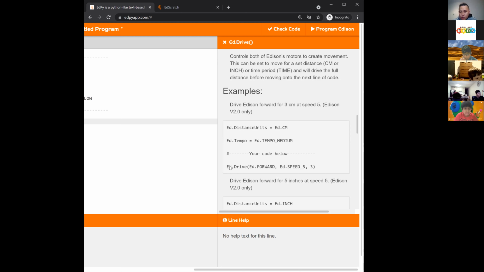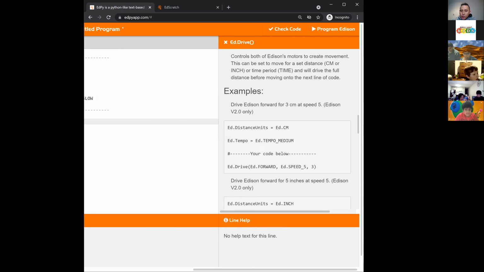What we'll do is we set EdDrive. We can make it drive forward at a speed of 5 for 3 centimeters and so on. So I'm just going to show you how to do it in EdPy, and I'll show you what the equivalent is in EdScratch, at least to help you get started.